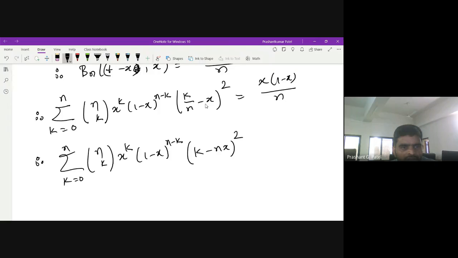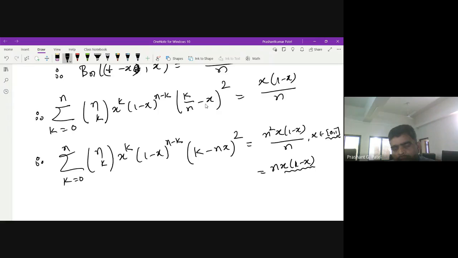But this summation is independent of n. So that's why I'm just multiplying n square on both sides. We'll have n square into x(1 minus x) upon n. So finally we'll have nx(1 minus x). And for all values which are in between 0 and 1, this function x into (1 minus x)